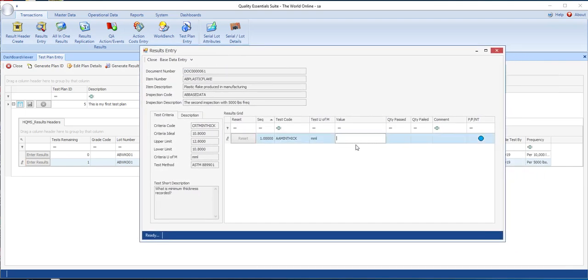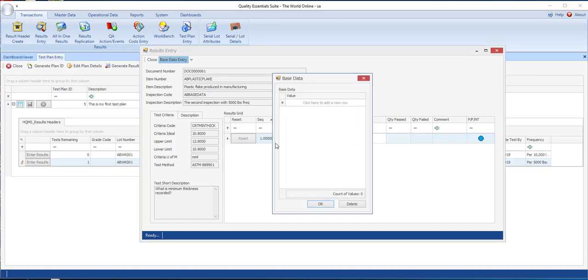Okay, and this is the same thing. It's a base data test. So I'm going to enter base data. Let's make this pass. So the largest it can be is 12.8, and the minimum is 10.8. So let's go 11, 11.5, 10.8, 10.3, and